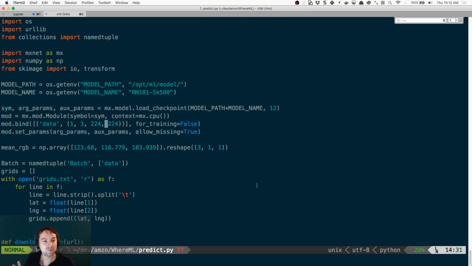The cost of sending all that information over to the GPU is higher than the cost of just processing it on the CPU, the time. So then we set the parameters, and these are just the parameters that we've loaded from the JSON files that were available over here in the model. And then we